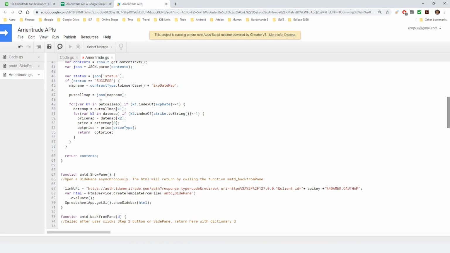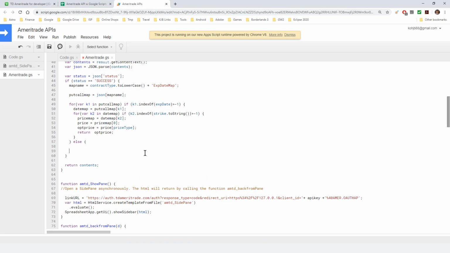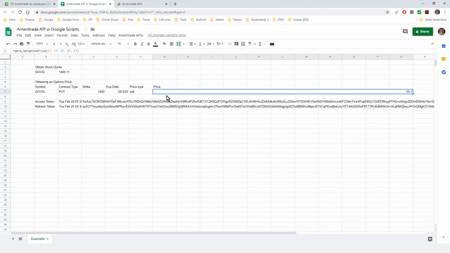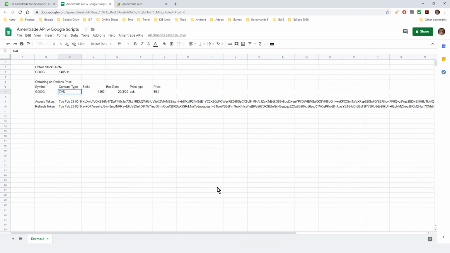Now if it wasn't successful, then we can return something else. Let's just return a 0 for now. Okay, let's save that. Alright. Great, it returned the price of $55 for this option. Okay, so we can change that to try different